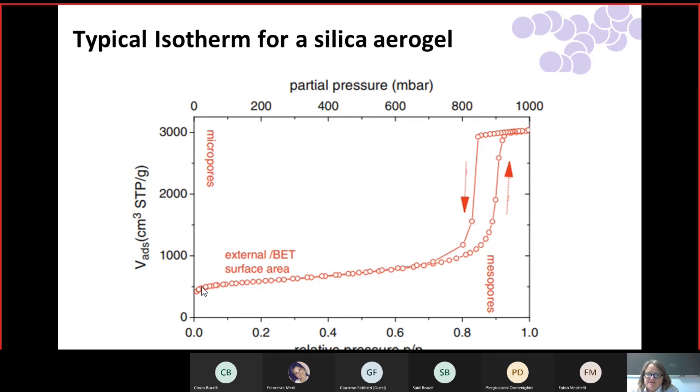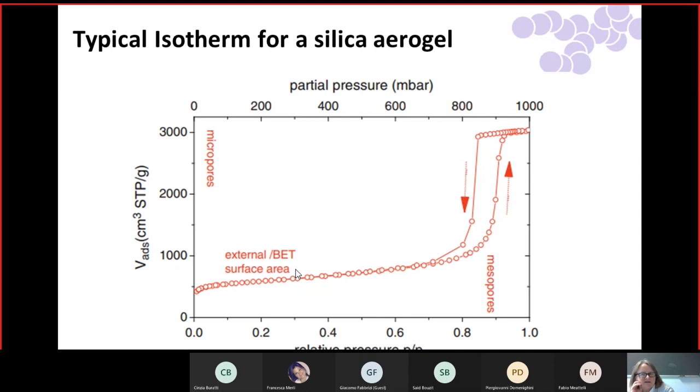And this one is adsorption. This is when I'm adding the gas. This is what I measure when I add the gas. But when I take it off, I measure this. And that's called the desorption isotherm. So adsorption and desorption. And so it turns out, and I'll get into more detail, that we learn things about